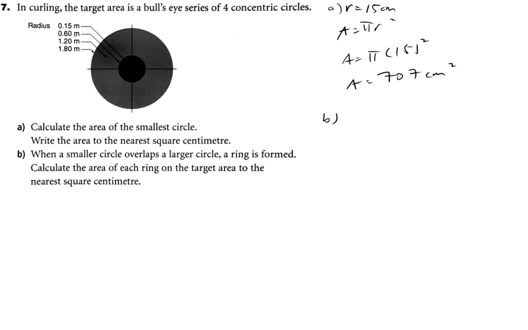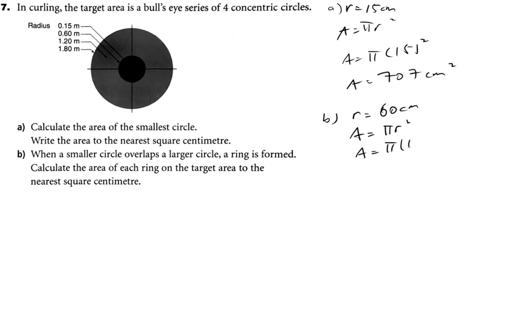Now for B, there are 3 possible rings that are formed. So there is a ring formed with the 60 centimeter, with the 120, and the 180 centimeter. And the way we find the rings is we subtract the area of that circle, and then you subtract it using the one before that. So if I want to find the ring for the one that has the radius of 60 centimeters, I'm going to find the area,